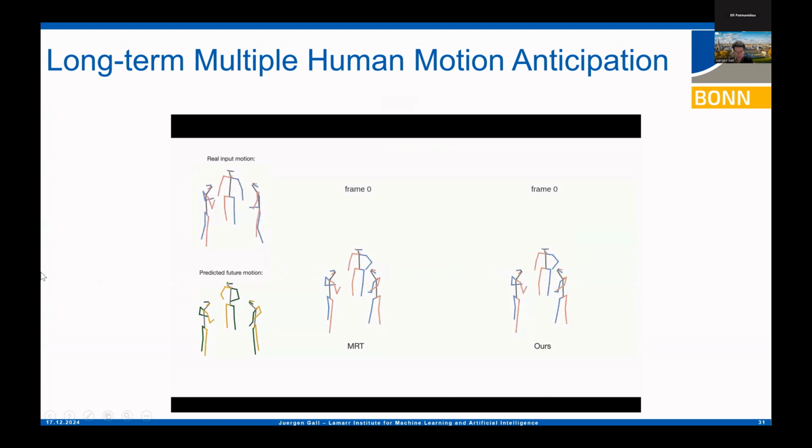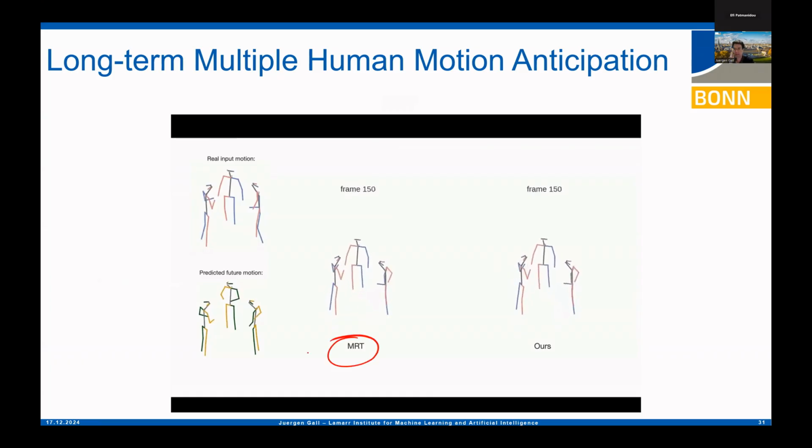So now what you see are some of the results. Again, the dark color is the observation. Let's first look at the transformer-based architecture, what you see in the middle, and you see there's no motion happening. The motion simply freezes. This happens for some of the approaches. They work very well for a very short time, let's say a few hundred milliseconds, but they start to freeze for longer periods. And that's not very nice.